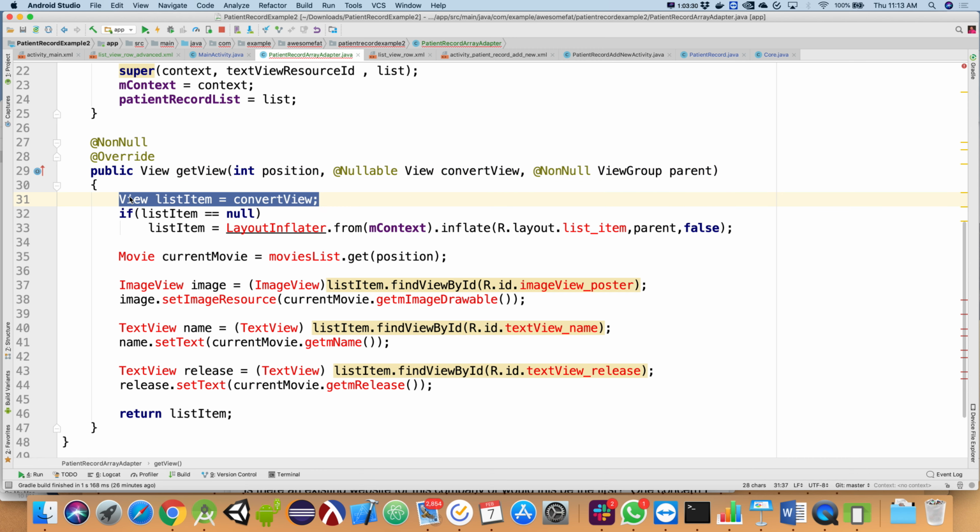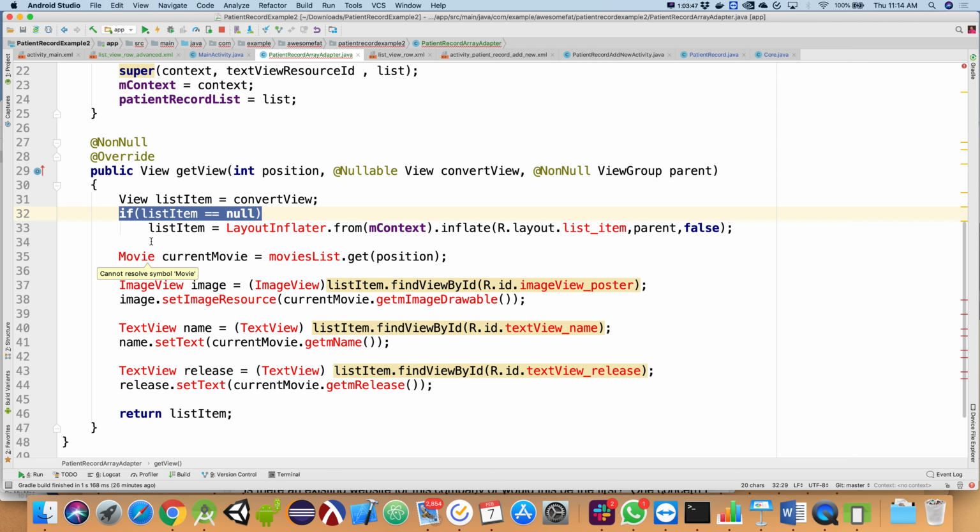So I'm going to go ahead and have a local variable called list item, which is going to be the view that I'm going to be building here. So it's saying if list item is equal to null, that is, you do not already have this view. All we have is the ID for this guy. Then we're going to go ahead and set list item equal to